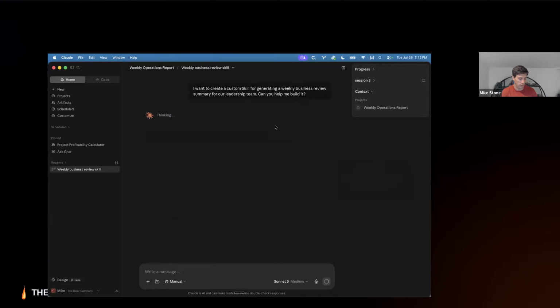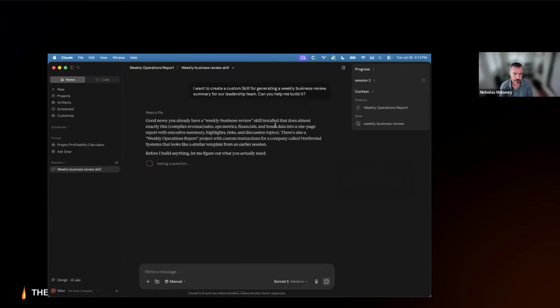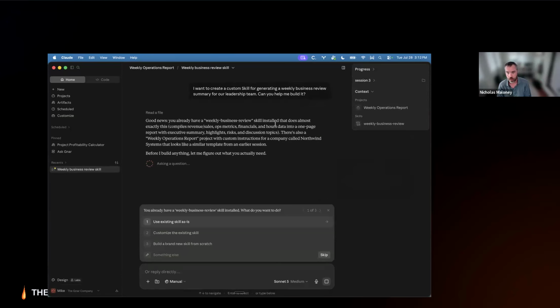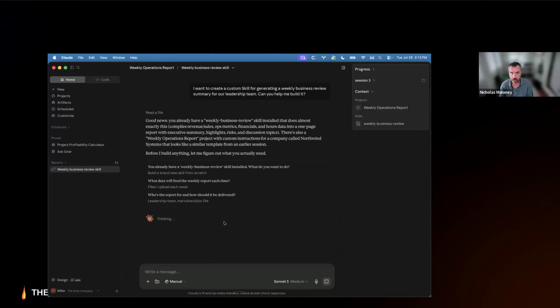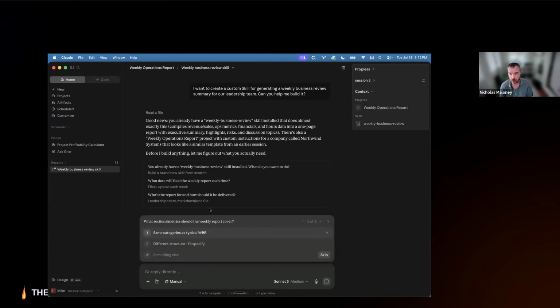Nick, while this runs, you want to talk a little bit about that meta skill and how these can be shared? Yeah, like Mike mentioned, you get skills baked into Claude, and the skill building skill is really helpful. We use it almost on a daily basis. A big part of my role is producing proposals and estimates, and those are informed by transcripts and source material. So rather than run a prompt every single time, I created an estimation skill that gets used almost on a daily basis. And we want consistency with how we use that.